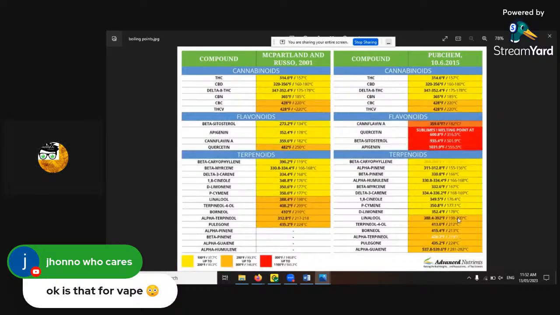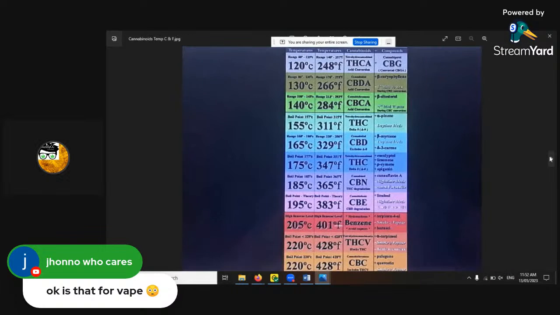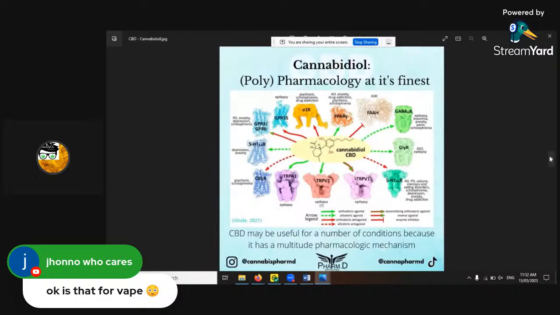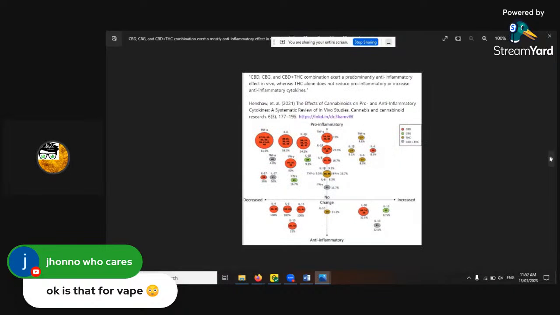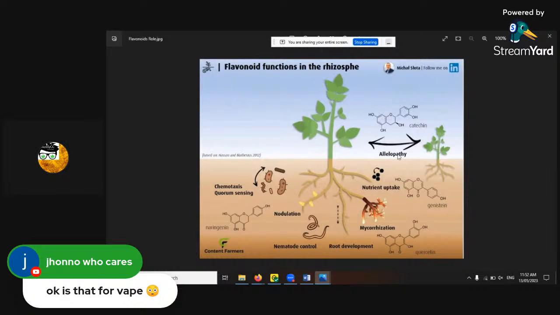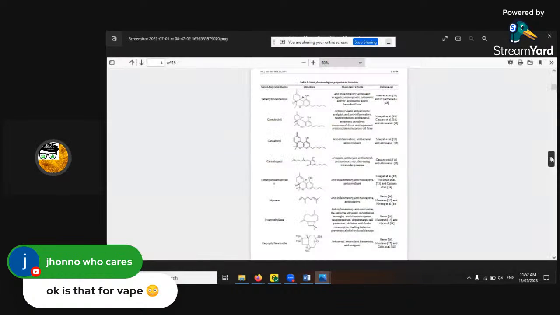Excuse me. That'll do it. There's nothing real. Oh, some up here. Pinene, humulene. All right, I'm just going to squeeze through and try to get into some terpene benefits. No, I want temperatures, thank you. There's some rad pathways there. Yeah, allelopathy, we were talking about that before. I want some more temperatures, please.